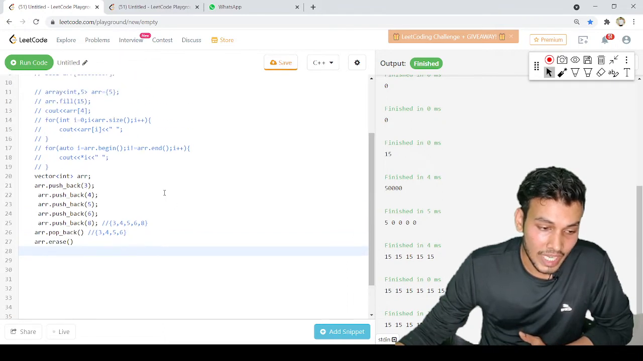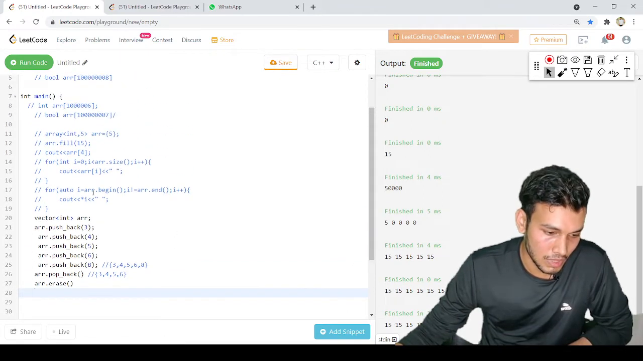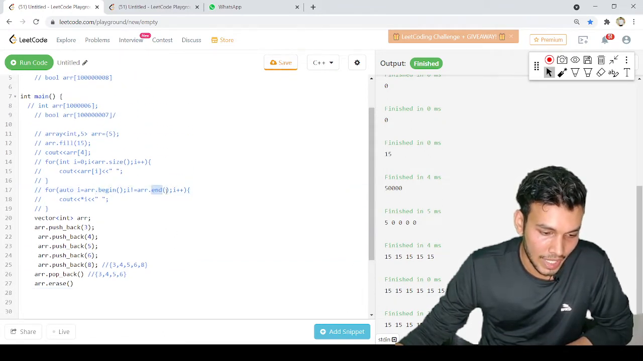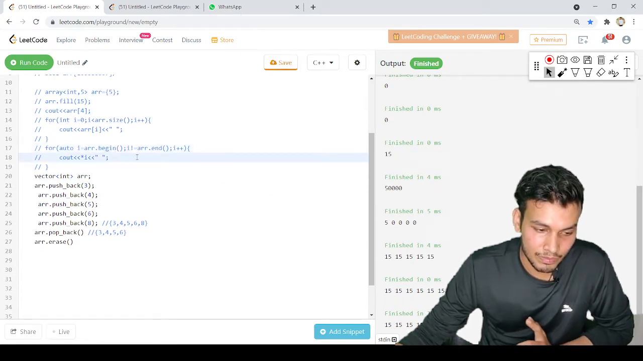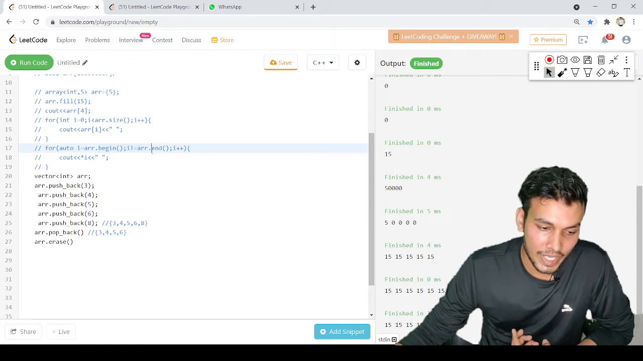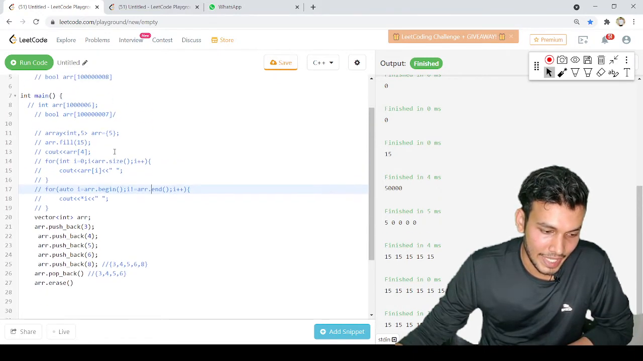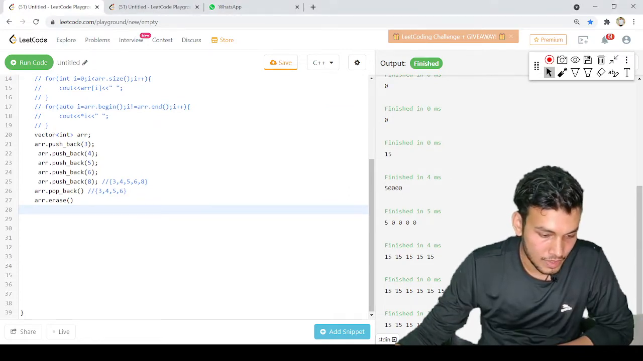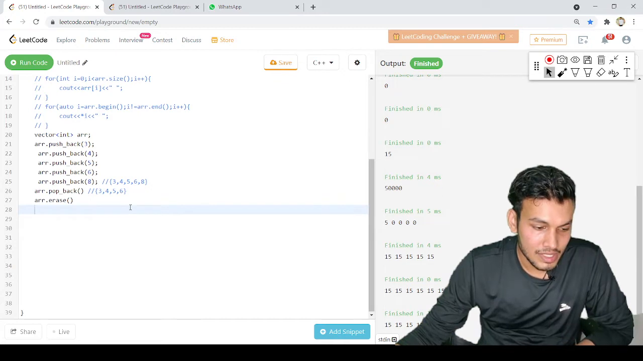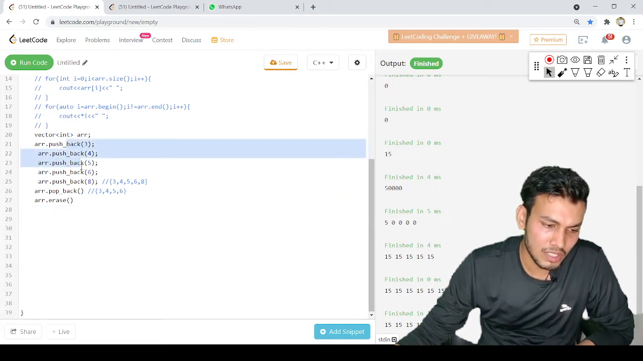Then we have all the iterators, absolutely similar: arr dot begin, arr dot end. Similarly we have rend and rbegin. All the four iterators are the same as those of an array, in our vector as well, right? Even if you want to